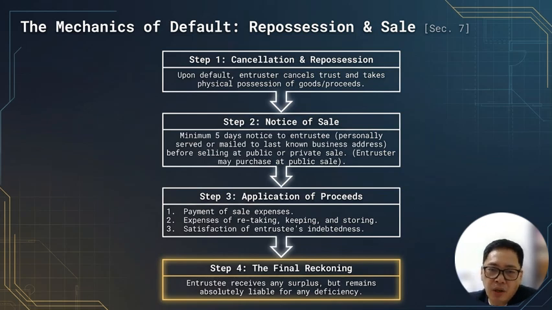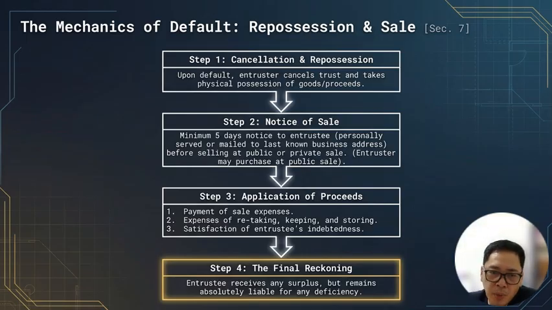After taking possession of the defaulted items, the entrustor has the option to sell them to recover their funds. However, they must first give the entrustee written notice of their intention to sell. This notice is considered legally sufficient if it is either personally served to the entrustee or sent via postpaid ordinary mail to the entrustee's last known business address. Step 3,